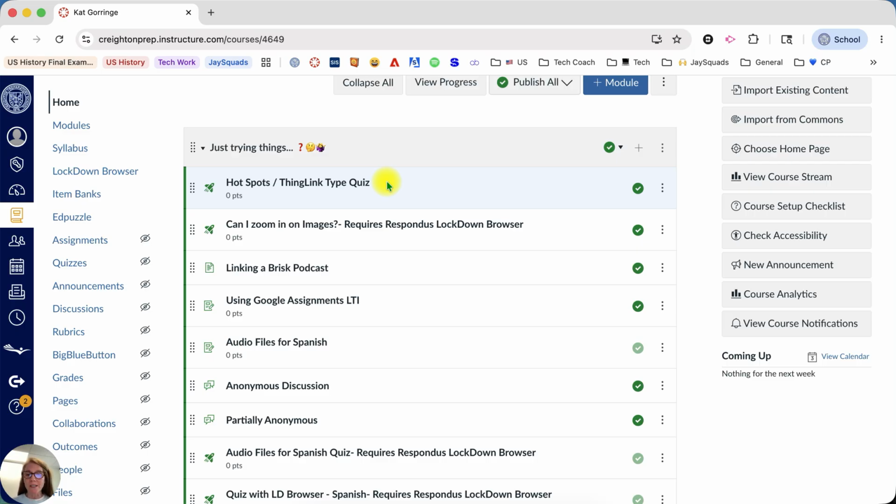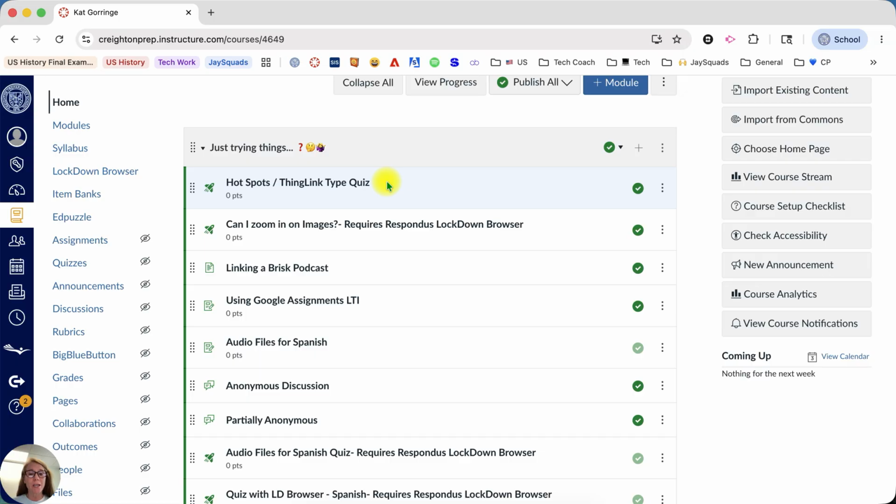Every single quiz I give students in Canvas is requiring the Respondus LockDown Browser. Now, there may be instances where you don't. Maybe it is an open note quiz and you want them to be able to use another resource. That said, unless you literally are giving them carte blanche on what they can use, you want to use Respondus